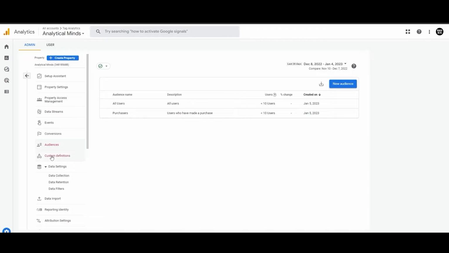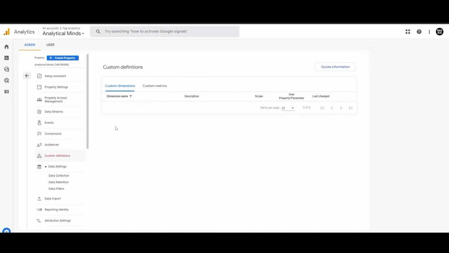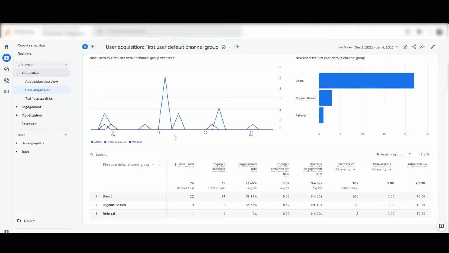Then we have this option called custom definitions. Basically, it contains custom dimensions and custom metrics. To understand custom dimensions, you first need to understand what a dimension is. It's basically an attribute of a product or a user, and a custom dimension is nothing but an additional attribute that we configure because the default report does not really cover that. For example, here, if you see, the default channel grouping is the dimension. So we have these attributes, and against that we have all these metrics. These are the dimensions which are already available in this report, and these are the metrics which are already there in GA4. But let's say you want to add any additional dimension which is not really available here,